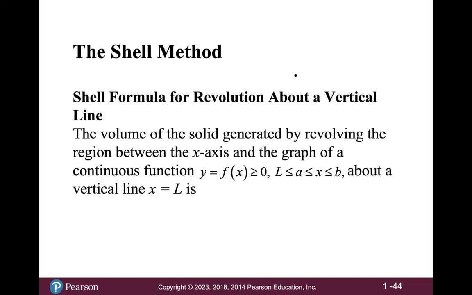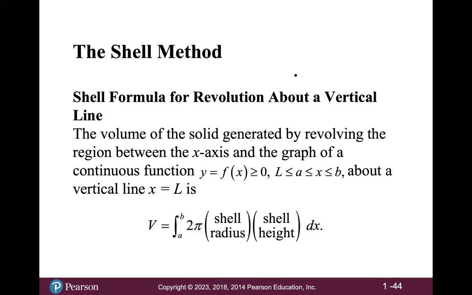All right, so in general, the volume of the solid generated by revolving the region between the x-axis and the graph of a continuous function y equals f of x, which is greater than or equal to 0, and x between a and b, a also needs to be greater than or equal to L, about a vertical line x equals L, is given by this integral, the integral from a to b of 2 pi times the shell radius